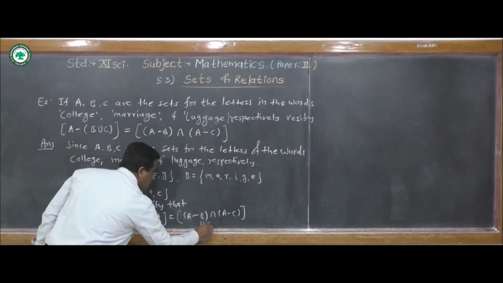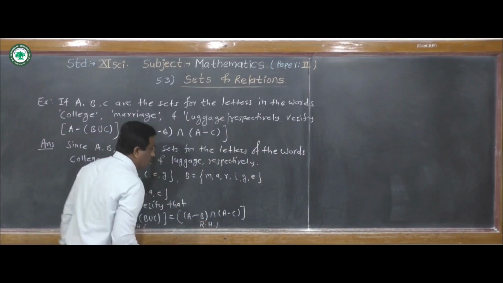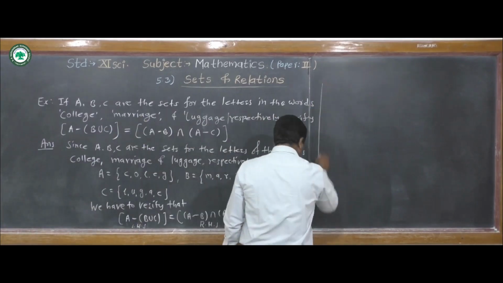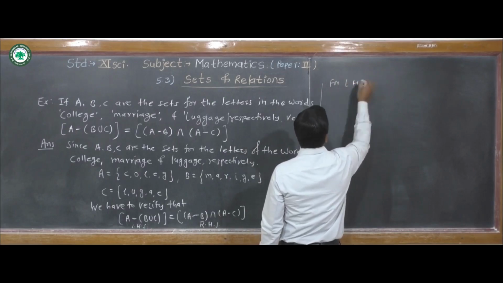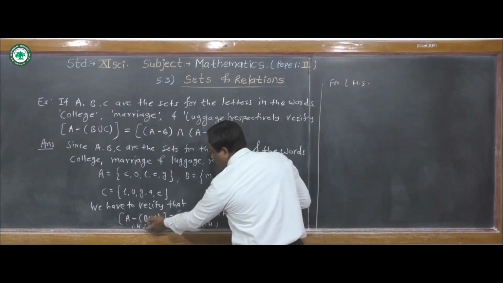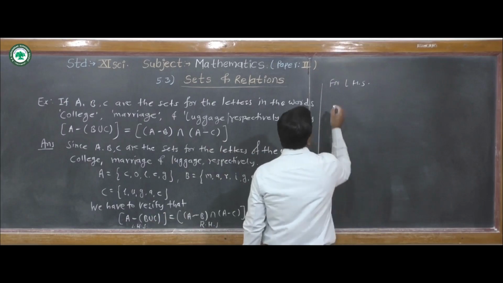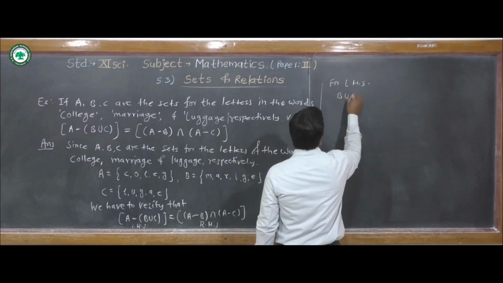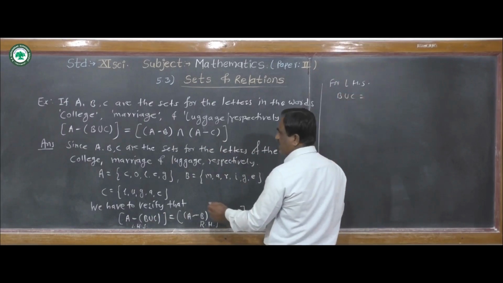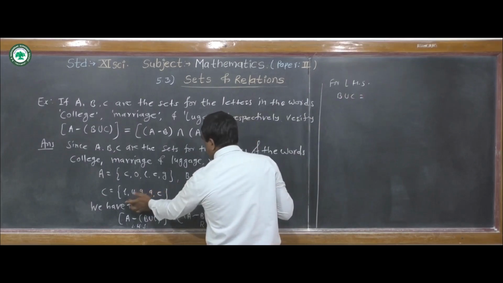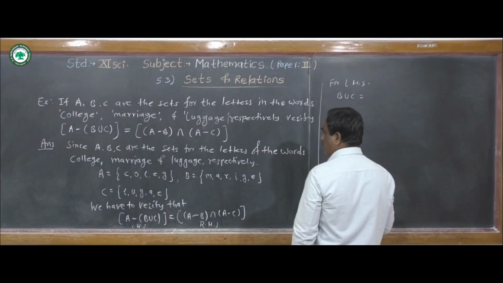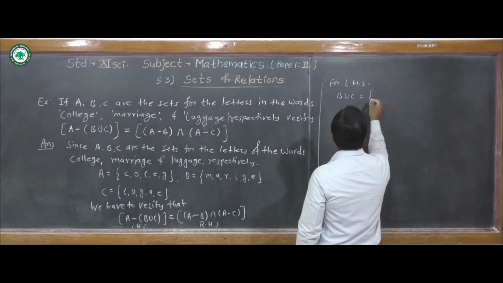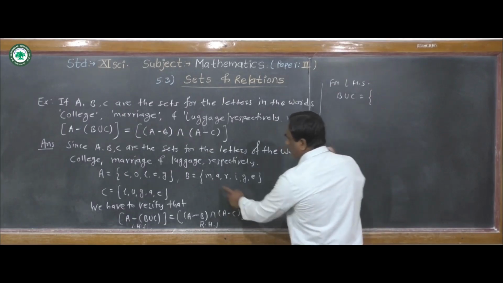This is RHS. For LHS, we can find first B union C. B union C is equal to, now set B is here and set C is also here. We can write union of these two sets B and C. Therefore, we get here in curly bracket M,